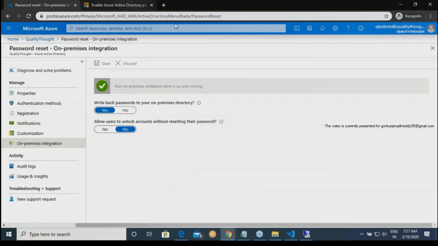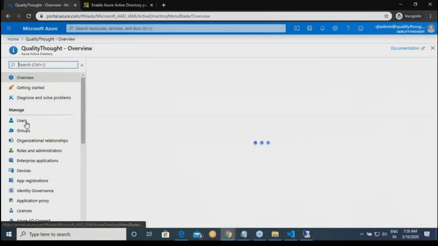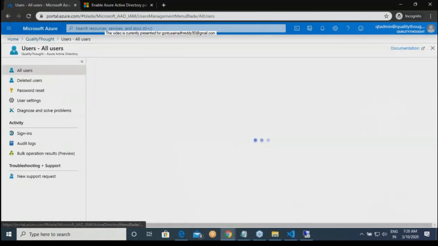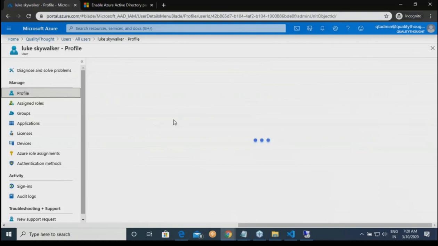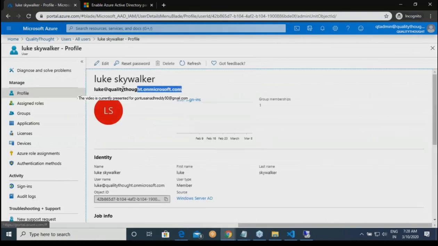Now let me do one thing. Let me go with the remember users. I don't remember what password I gave that user. Let me try to log in as Luke Skywalker. I can give a reset password over here, but I'll not do that.